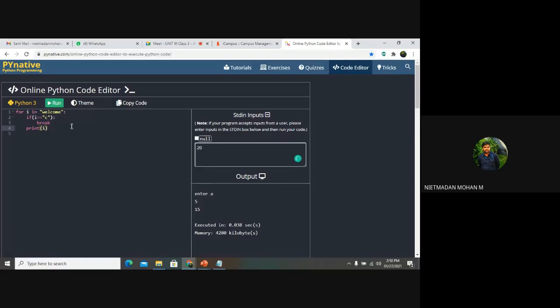Again, we are going to the if condition. If you are using the for statement, it will take an individual character and check the first character, i is equal to C. It means W is equal to C. First step it will verify, right? So what will happen? W is equal to C. The condition will be false. So this third line will not be executed and it goes directly to the fourth line and prints the first value as W, right?